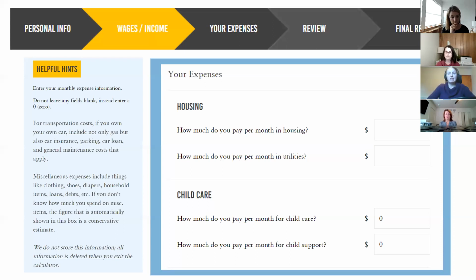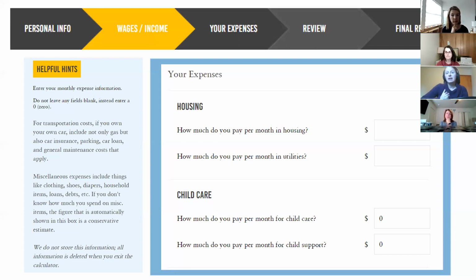You can go on to thecalculator.org, and anyone can use this as a tool. You don't have to be in King County. You can be in any part of the state. It could be even outside of the state, but the data is relevant to our state. And when someone goes into this, this is a screenshot of what they see. So by entering simply the family composition and the ages of those that are in the household, it will generate a standard wage, the self-sufficiency standard.